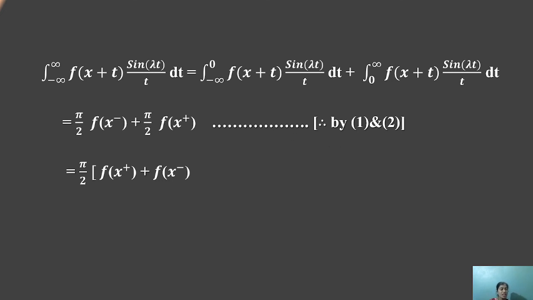Then both equations have π/2 in common, combining the forms f(x−) and f(x+). This is the proof of this equation. This will be the two corollaries of the localization lemma, leading to the Fourier transform. The Fourier transform is generated by combining the two separated equations, and the last result is π/2 [f(x+) + f(x−)].